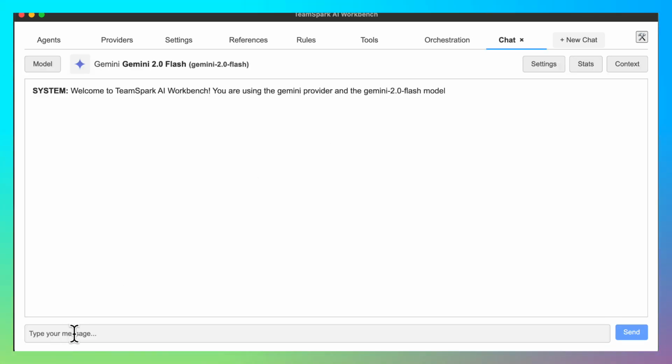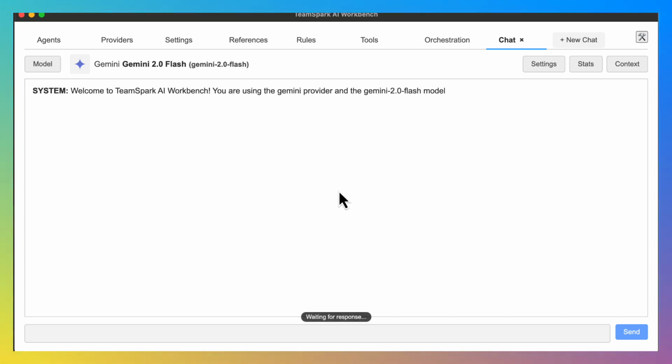And then for the last thing, let's just say, I need to come up with some better demos, but let's just try this. So let's just say, tell me about TeamSpark Workbench and its creator. Also point out that these are all using different models, not for any particular reason, but our orchestrator is using Gemini 2.0 Flash, and some of the other submodels are using Claude and other models that just make more sense